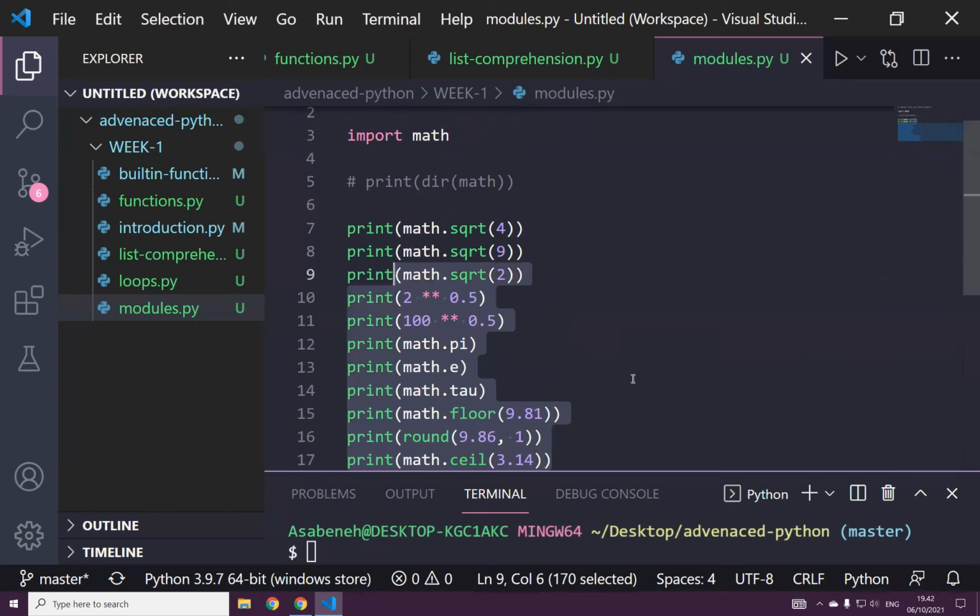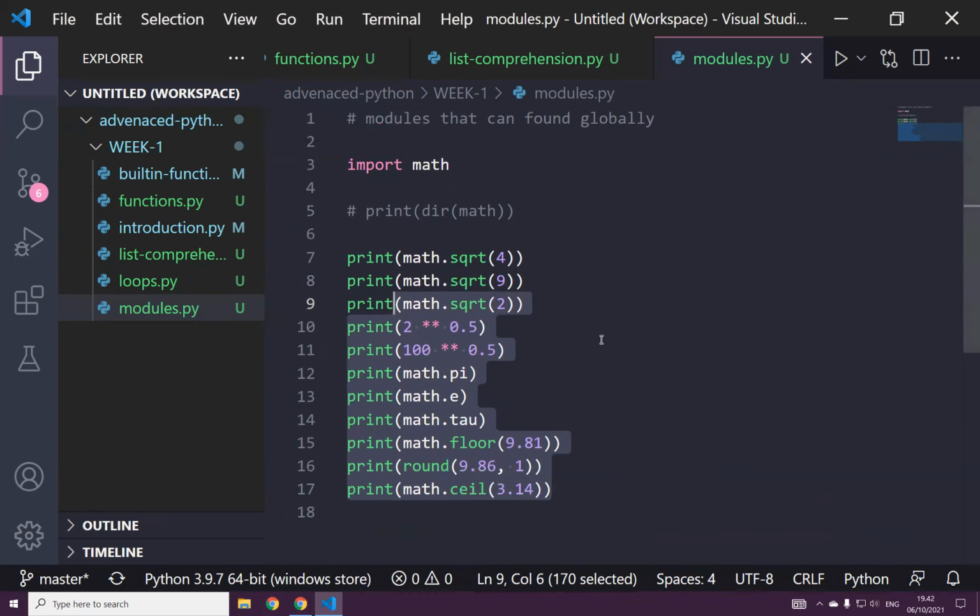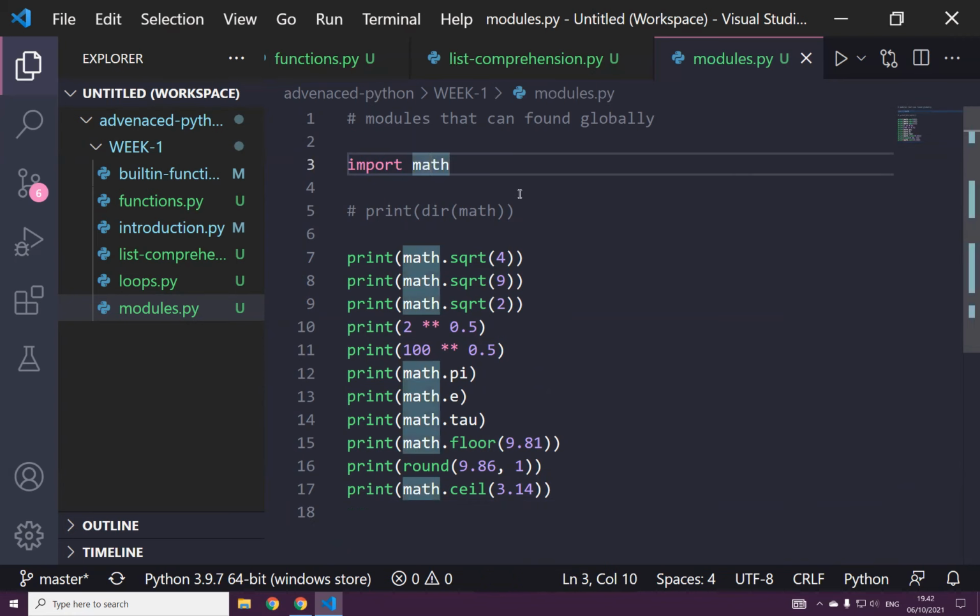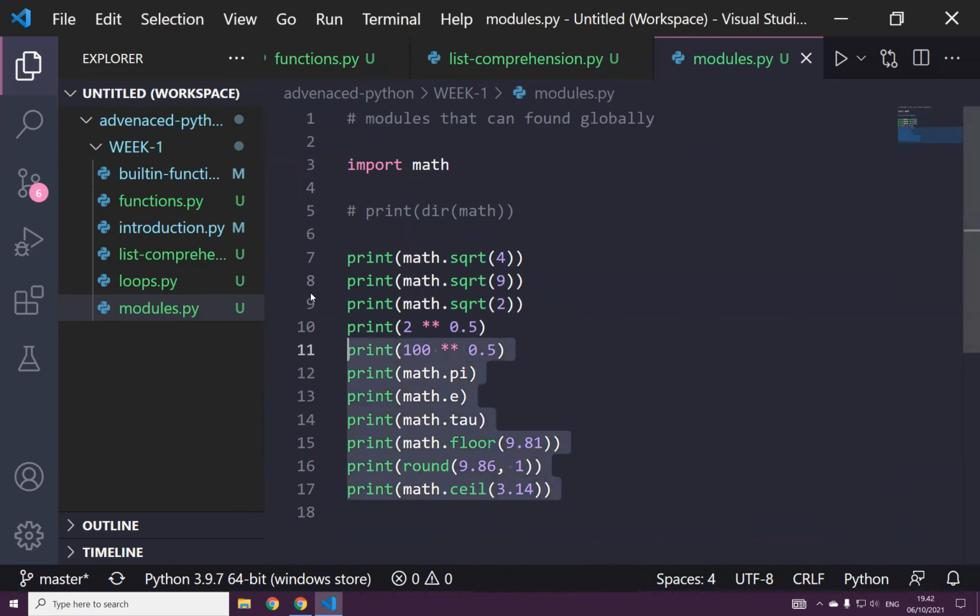But the main important point of this lesson is not about how to use the available math module, but how to import them. Now I'm just importing the whole math module like this, and then I am using math dot. Writing the dot might be boring, right? So we can say